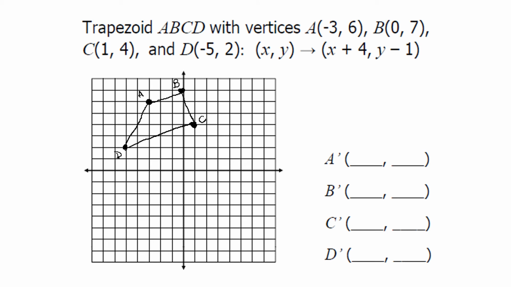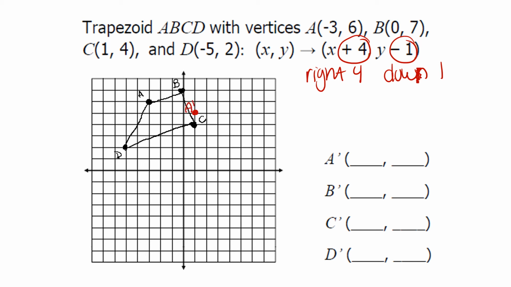Trapezoid ABCD with vertices A, -3, 6, B, 0, 7, C, 1, 4, and D, -5, 2. Again, the trapezoid is already graphed for you. We are going to graph the new location of the same trapezoid. So we start with a +4, so that's going to be right 4, and a -1, so that's going to be down 1. So starting with point A, we're going to go right 4 and down 1, labeling it A